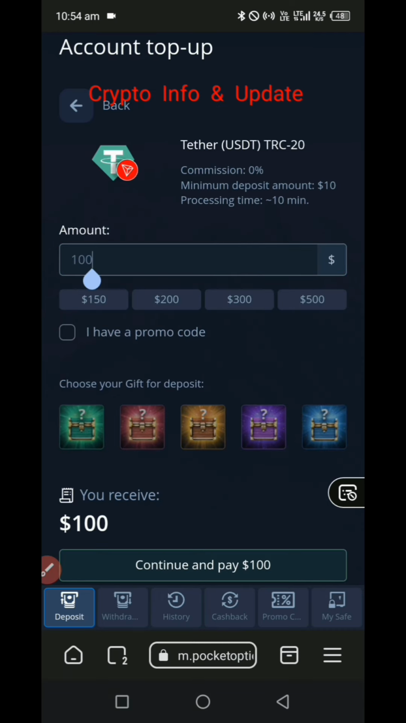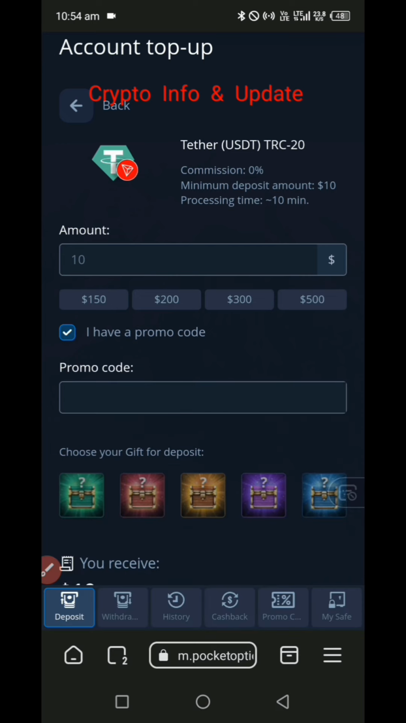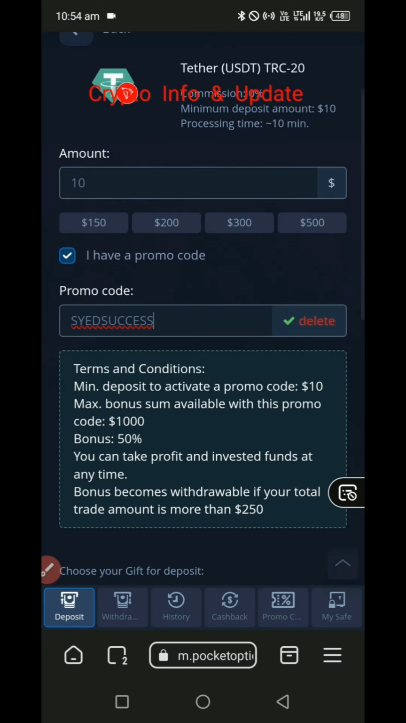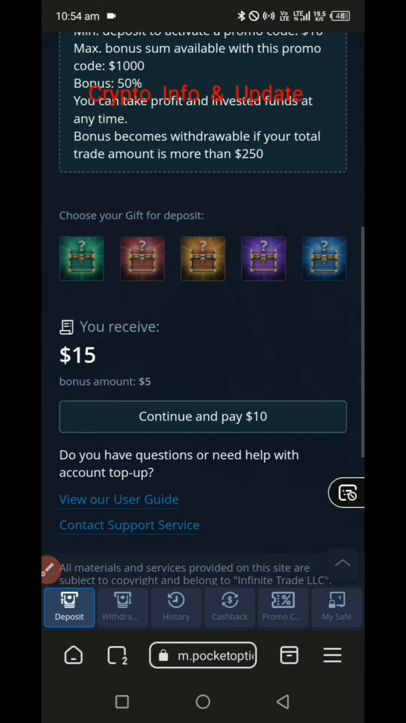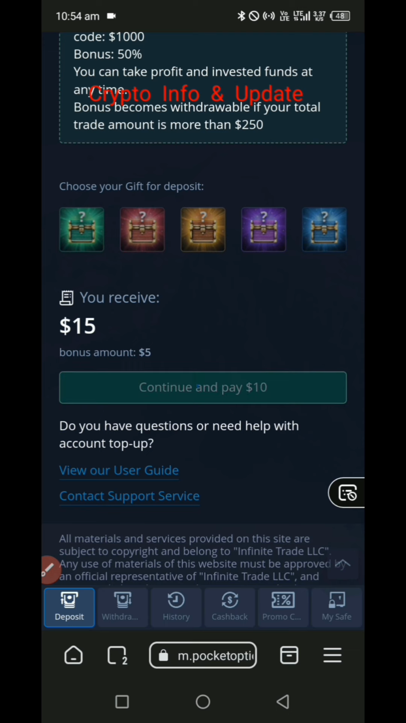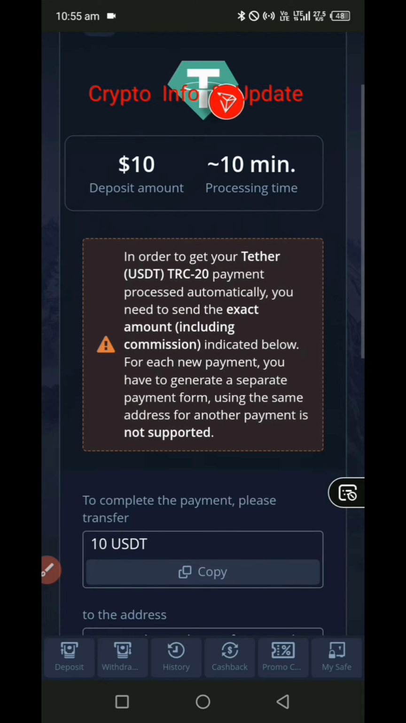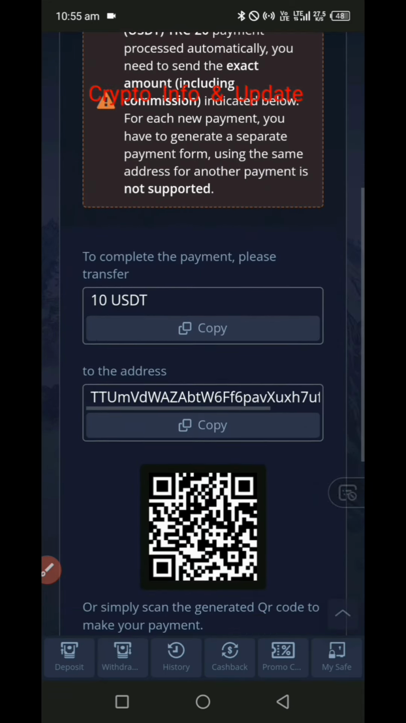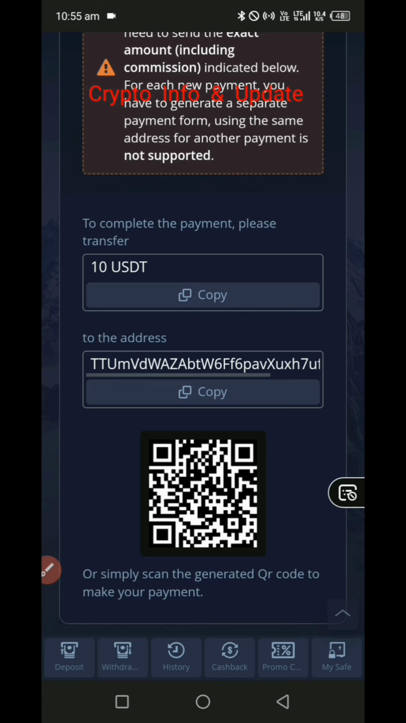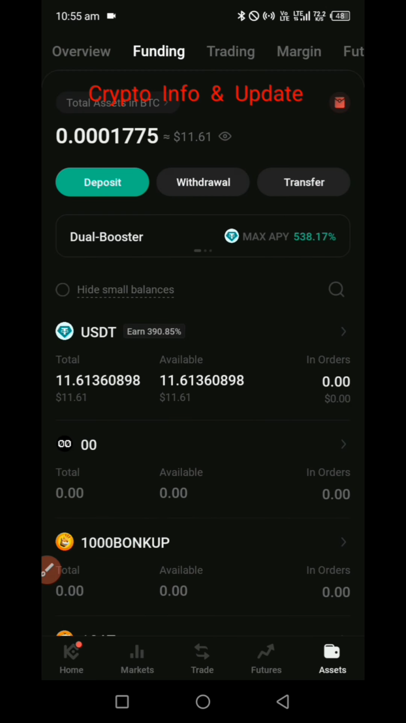Then you type in the amount. For the purpose of this tutorial, I'm using $10, and I have a promo code. I will just paste it. The promo code will give me 50% bonus, which is $5, making it a total of $15. You click on continue and pay $10. Then I will copy the address, the USDT address, go back to KuCoin and click on